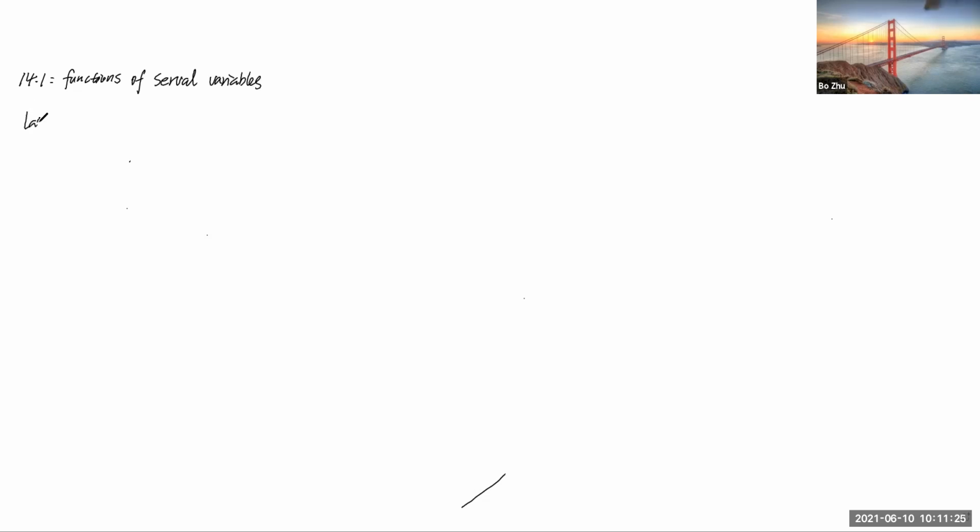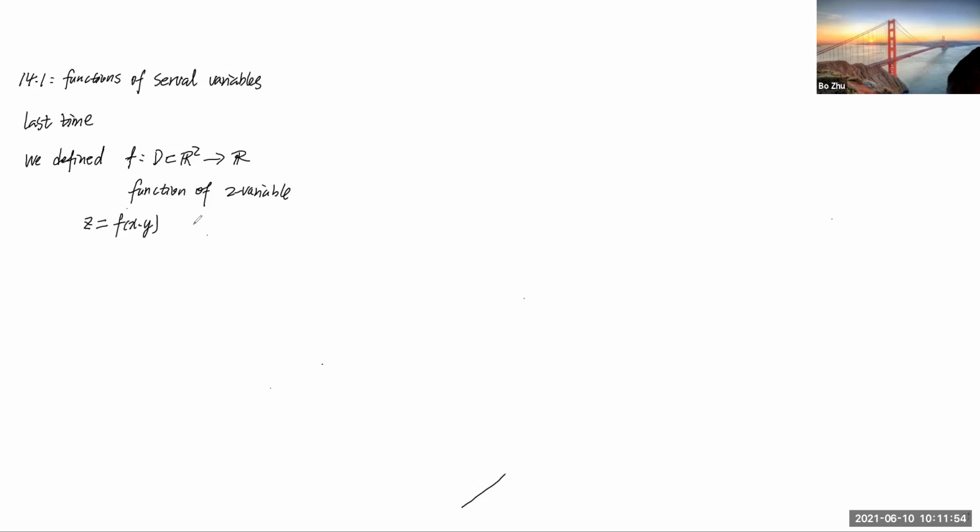So last time, we defined a function f from D in R2 to R. We call this a function of two variables, and f(x, y) we write in this format,